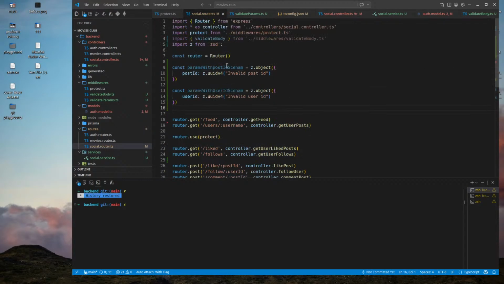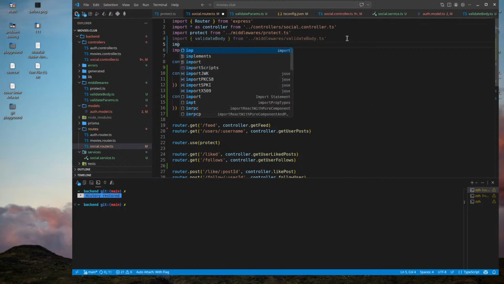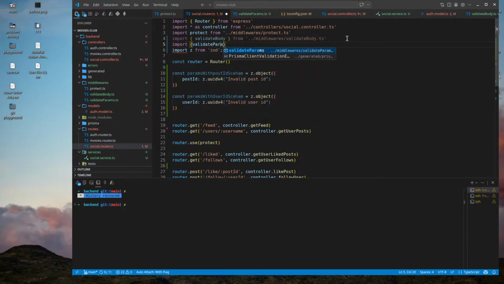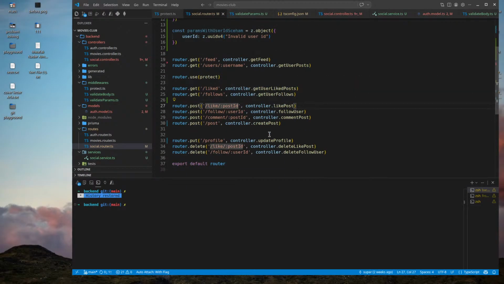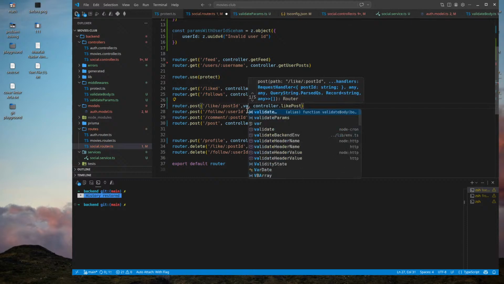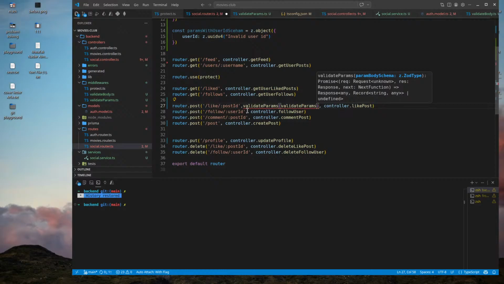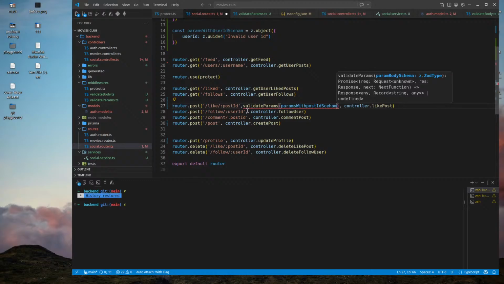Okay, so now we have to import validate params from this guy, and I have to come here and say, hey, we will validate params with post ID schema.